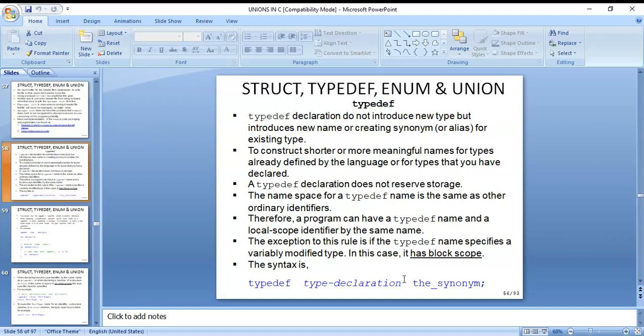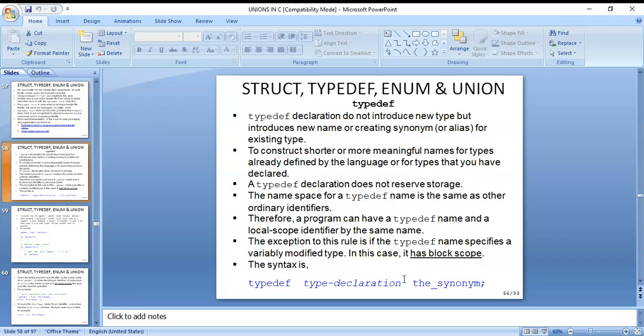The namespace for a typedef name is the same as other ordinary identifiers. Therefore, a program can have a typedef name and a local scope identifier by the same name. The exception to this rule is if the typedef name specifies a variably modified type.